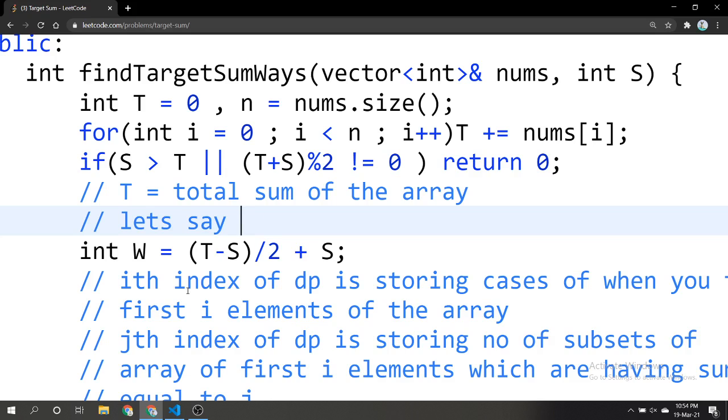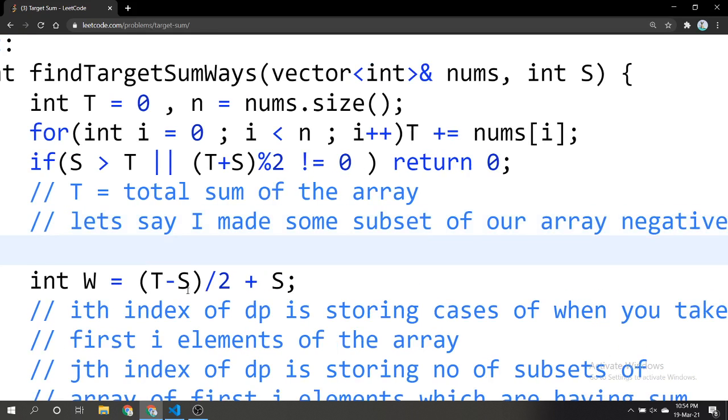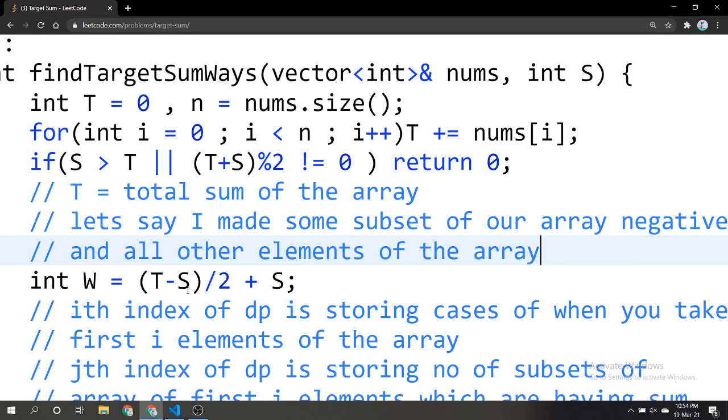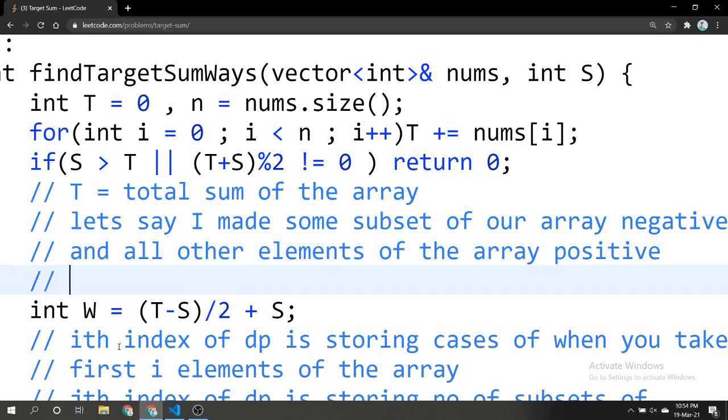Let's say I made some subset of our array negative, and all other elements of the array positive. What will happen?